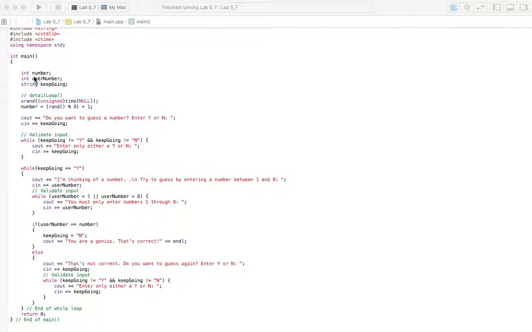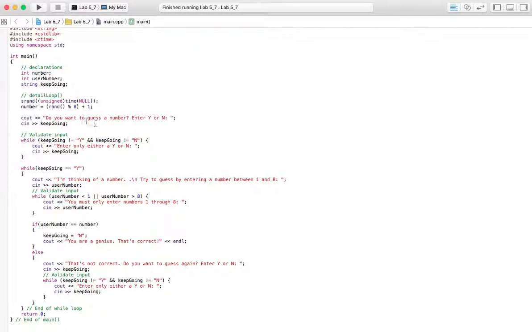We only have 3 declarations here. Number, and user number. The number right here is what's randomly generated, and the user number is what you're going to type in to guess. And we're going to check to make sure you still want to play, because it might be tough. Let's say the random number being generated is anywhere in 50 numbers, you might get tired after